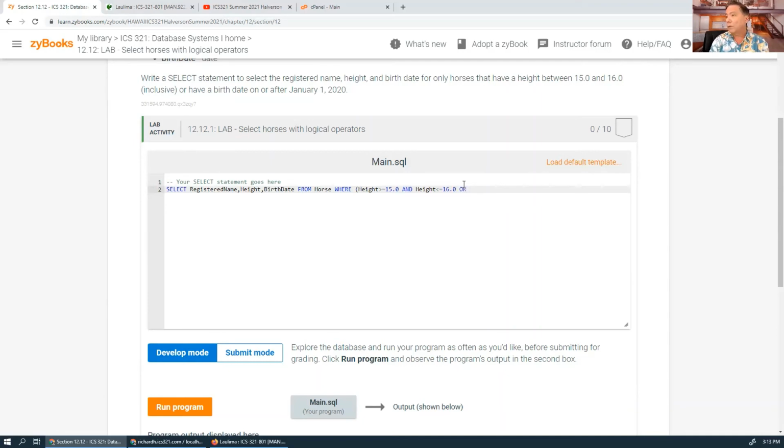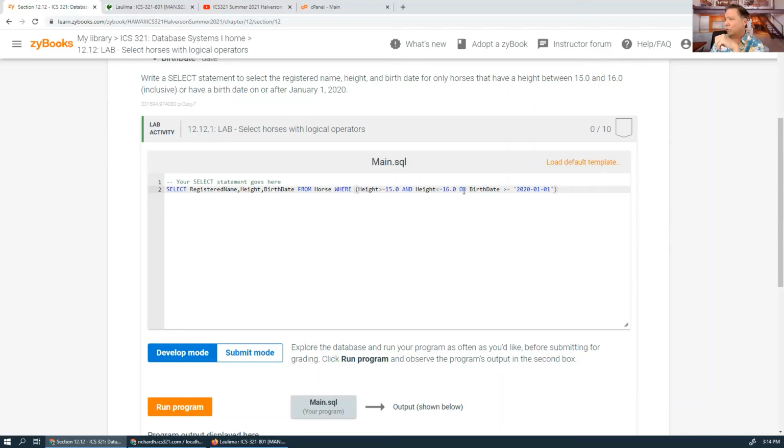Or birth date is greater than or equal to, on or after, you got to put this in quotes, 2020-01-01. And this closes the parentheses. You shouldn't have to put the parentheses because it's going to do the and before the or, because and has precedence over or. But just to be safe, so you don't have to always remember the rules